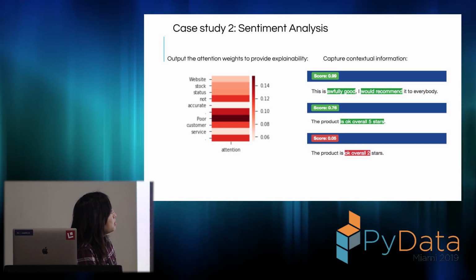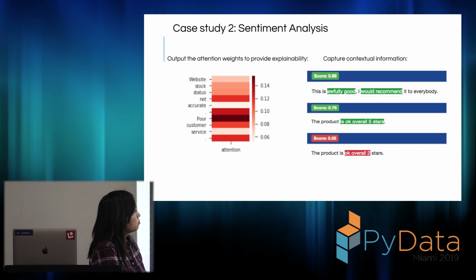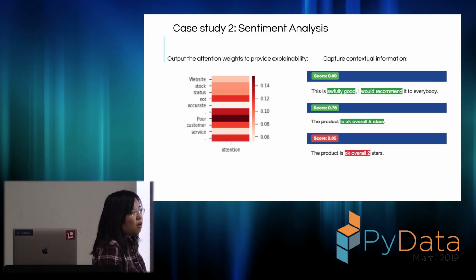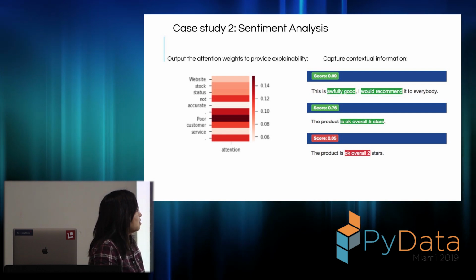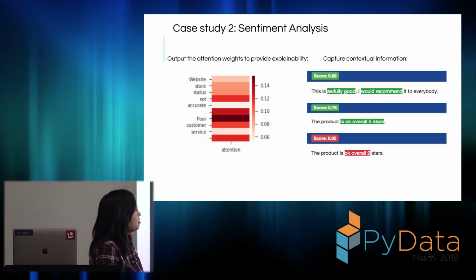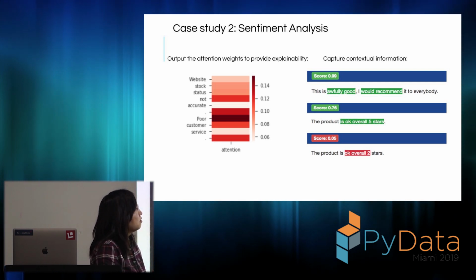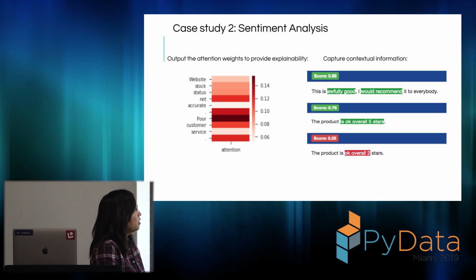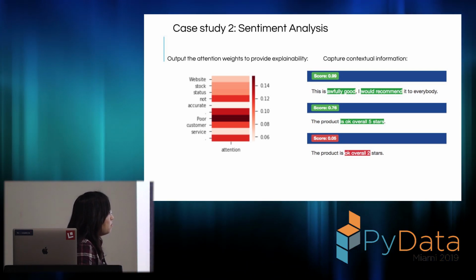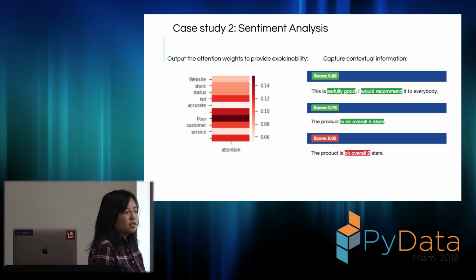Another thing we observe is that the deep learning model is able to capture contextual information pretty well. For example, there's a sentence saying this is awfully good. Even though there's the word awful in it. If we say this is awful, then it's negative. But since awfully is connected with good, the deep learning model is able to score a pretty high sentiment score. And another example, the product is okay, overall 5 stars, then it's a positive sentiment.